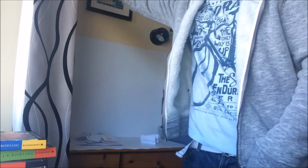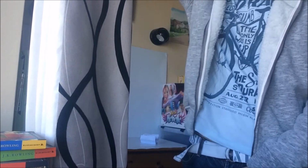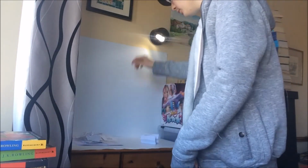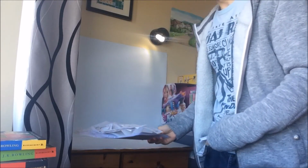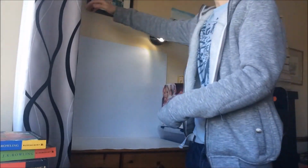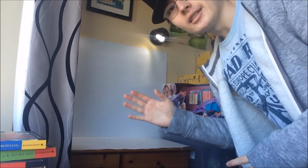So what I'm gonna do, just bring you over here. Now I can't show you this in great detail because I usually move this curtain back here to let some more natural light in, but unfortunately I can't do that for you now because it would get in the way of the camera. So what I generally do, I'm going to move these receipts off here. As you can see, very unorganised, and I need to do a lot of putting away of receipts. So I'll turn these ones on, and you can't see that in a great deal, but